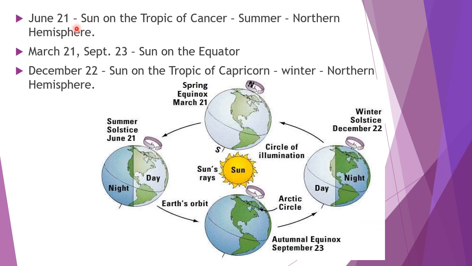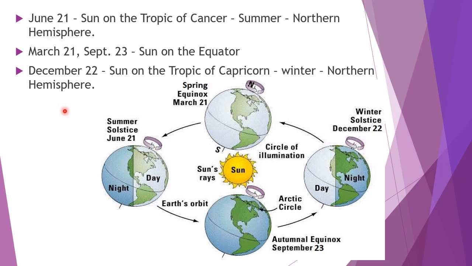June 21st. Those are the months we studied now. Now you come to know that these are the particular days on which we get the longest day or longest night, that we are going to study. On June 21st, on the Tropic of Cancer, it is summer in the northern hemisphere. That day is the longest day in the northern hemisphere. Opposite, in the month of June, when the northern hemisphere has summer, at that time the southern hemisphere gets winter.